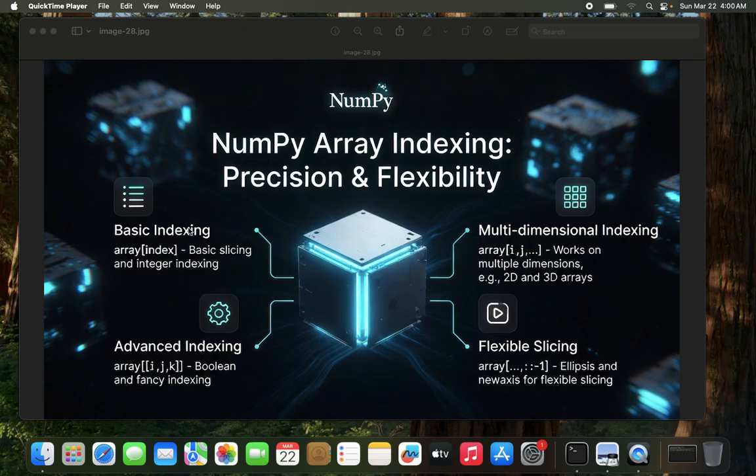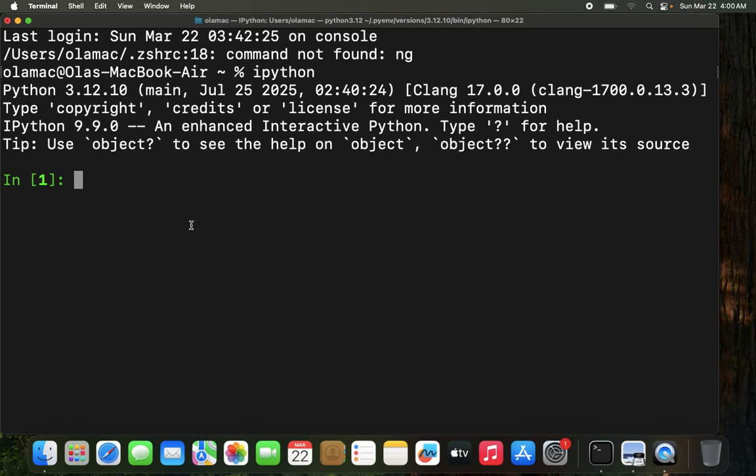So we have basic indexing, we have multi-dimensional indexing, we have advanced indexing. We're not going to be talking about slicing in this tutorial. In a subsequent tutorial, we're going to talk about slicing, but here we're going to be focusing on indexing exclusively. So without much ado, let's get into our IPython and then let's play with